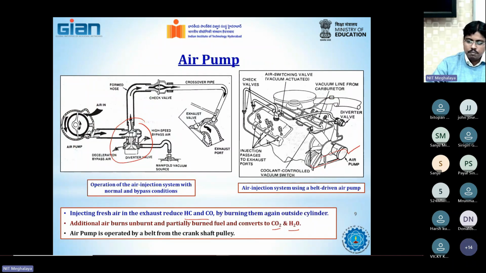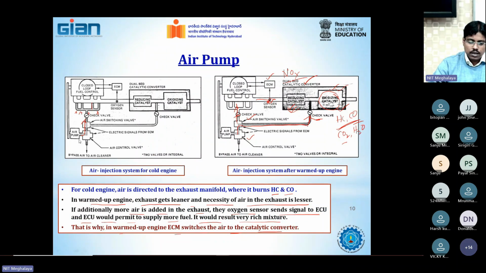Finally, you have the air pump. In the air pump, air is supplied with the help of a pump into the exhaust manifold of an engine. If the engine is not warmed up, if it is cold, then the air is supplied to the exhaust manifold and burns out the hydrocarbon and carbon monoxide in the exhaust manifold itself. At that time, the check valve which is connected to the exhaust manifold works. But when the engine operates at high load, mid to high speed,